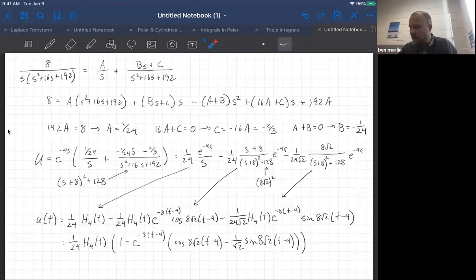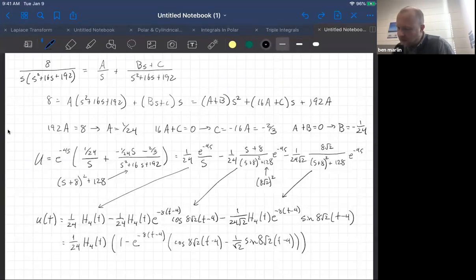If I collect together all of my s squares, I can see that there's going to be an as squared and a bs squared, but nothing else. So that means I've got a plus b times s squared. Similarly, 16a plus c for the s and 192a for the constant. Now, because these are two polynomials that have to be the same for every value of s,